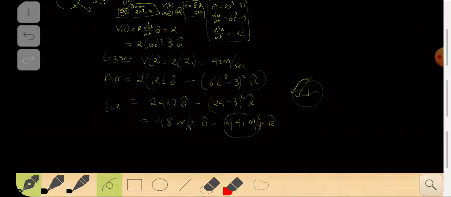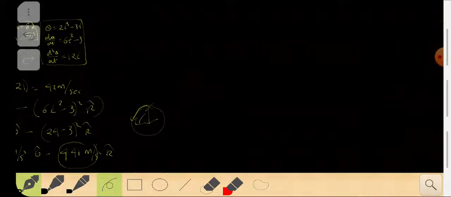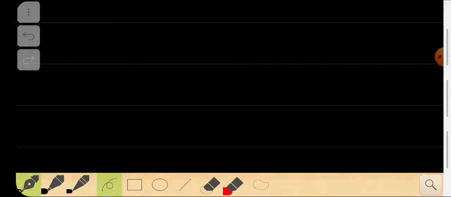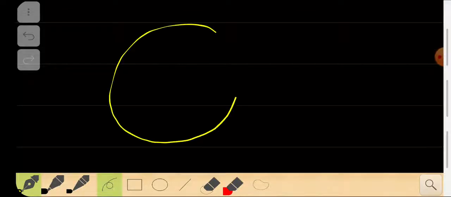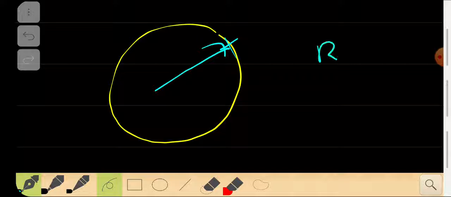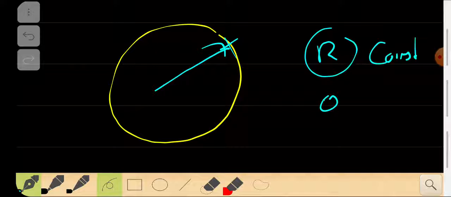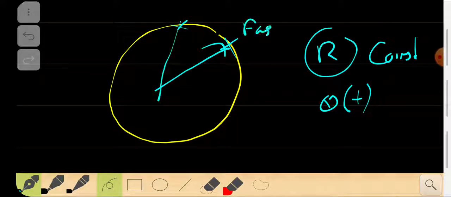Now if you want to find out the time when the acceleration is 0, what does that mean? Okay, if you are moving like this, you can see that at some point the radius was a constant in this problem, right? Radius is a constant, but theta was changing. So theta was changing, that means it is going faster at some points and slower at other points.